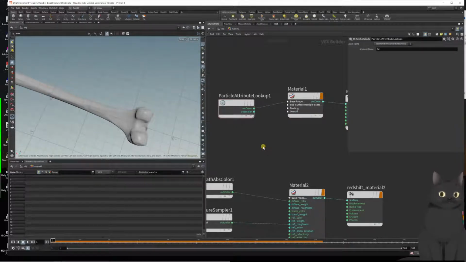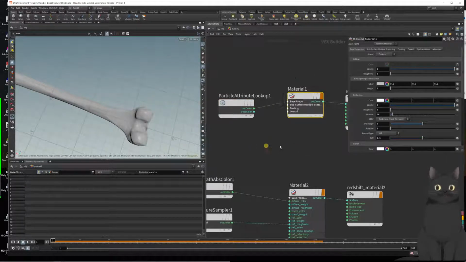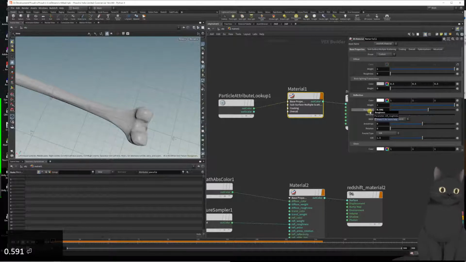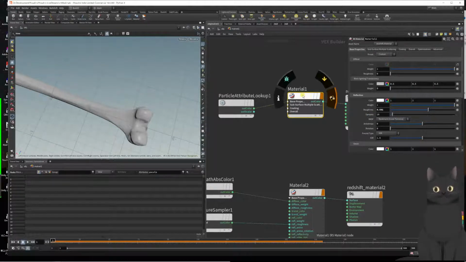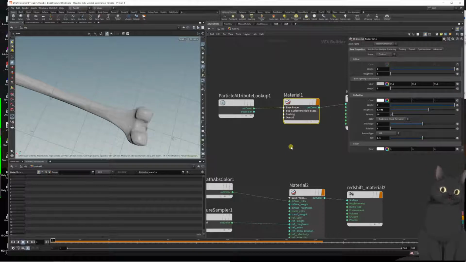Attribute lookup, attribute name CD, so we are grabbing the look of our particles, of our grains, and grabbing the color of our grains to be precise, feed it into the diffuse, adjust the roughness a bit, and that's it. For the actual red,